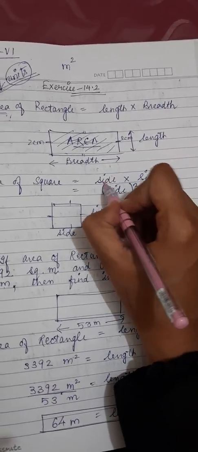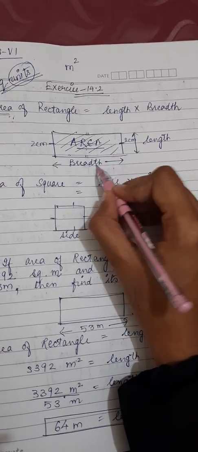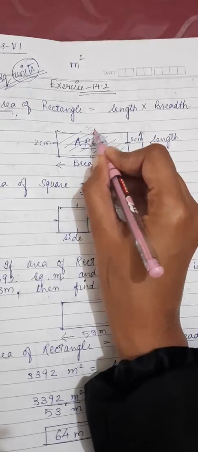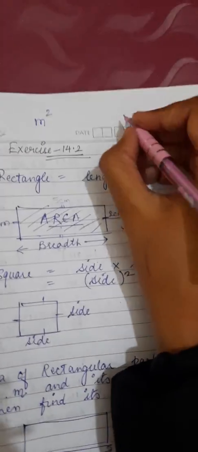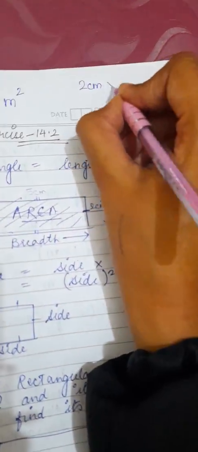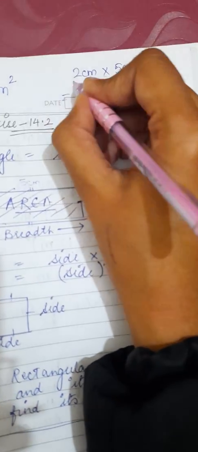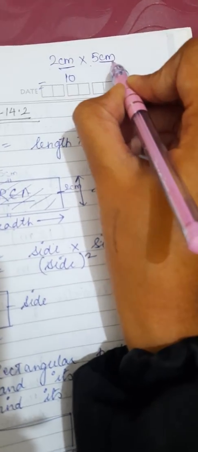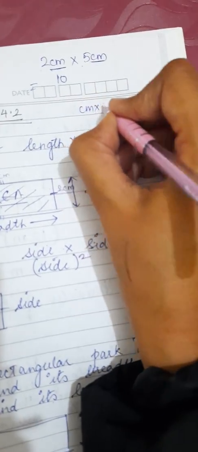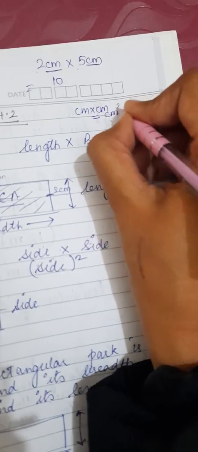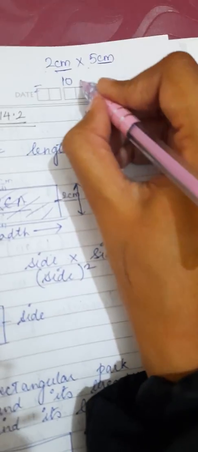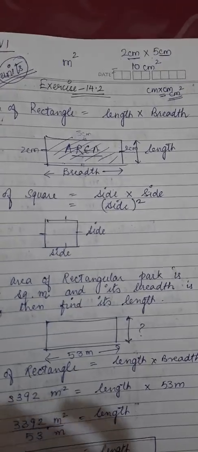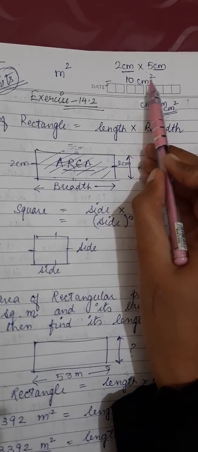This is side into side, or I have given you the example of this. This was 2 centimeters and this was 5 centimeters. Now for solving it, 2 centimeters multiplied by 5 centimeters. What is 2 5s are 10. Now this centimeter has to be multiplied with centimeters. So centimeter into centimeter means centimeter square. So here it will come out to be centimeter square. This means whenever you are going to talk about the area, the units have to be in square units.